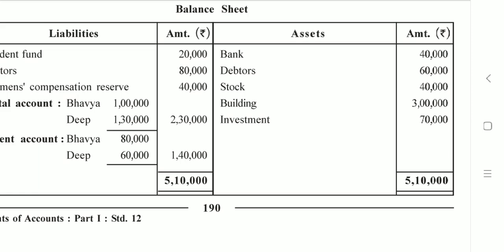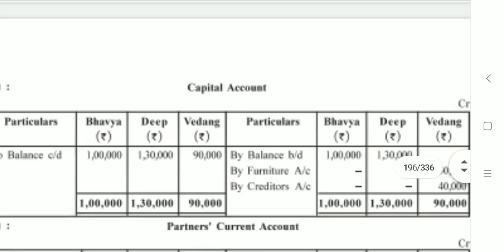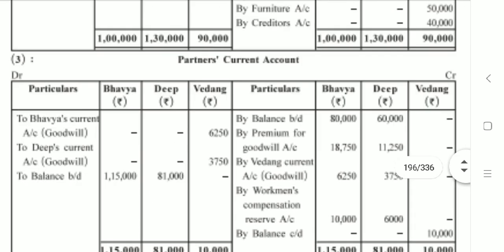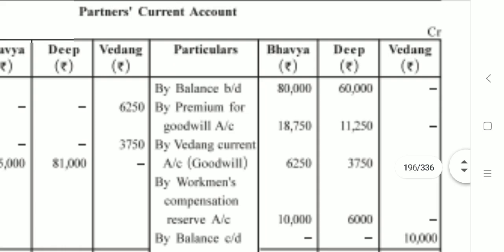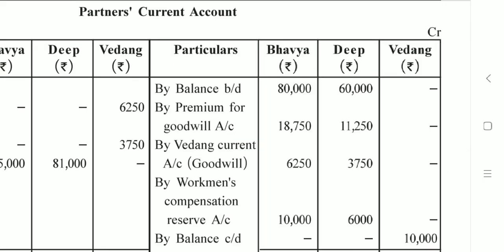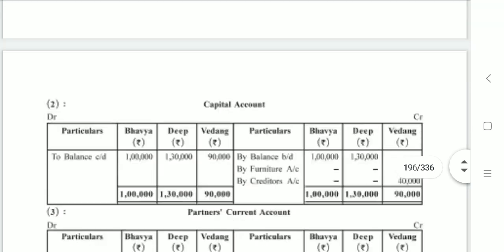In short, whichever side the opening balance of current accounts is presented, you will record it accordingly. If it is on debit side, then you are going to write on debit side, that this way, to balance brought forward. And if it is credit balance, you will be writing by balance brought forward. Okay, here it is credit balance. Fine. So now the next step.